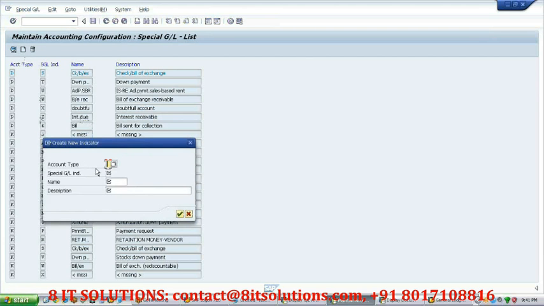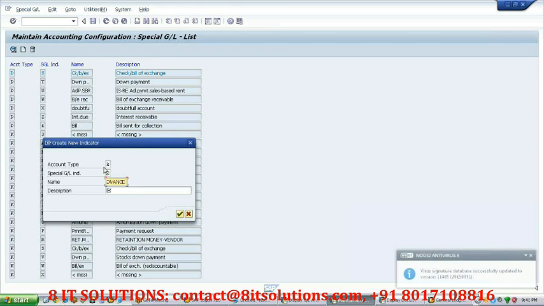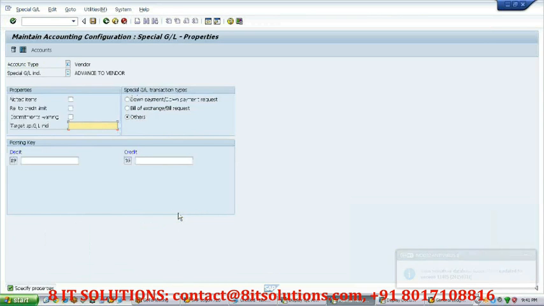Click on new entry and create this account type called K, special GL 2, short name advance to vendor. Here you need to choose whether it is a down payment, or down payment request related, or bill of exchange, or anything other than these.